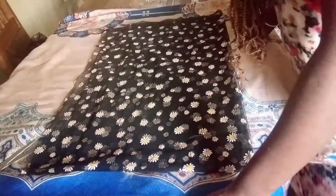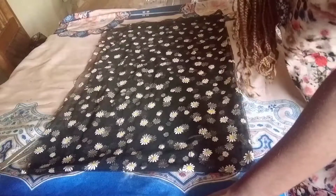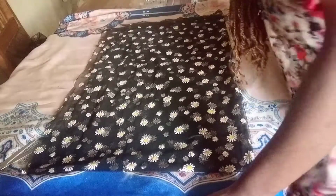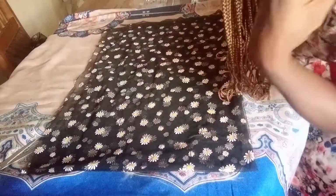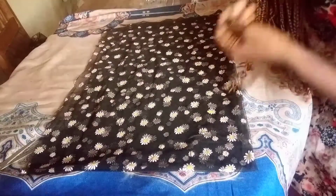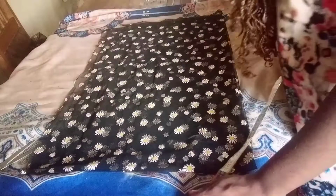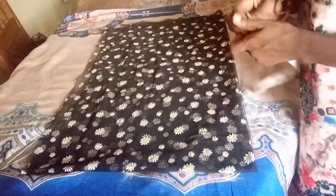Okay, so when you want to cut your puff sleeve, it depends on how big you want the puff to be. If you want it very big, you can multiply your sleeve measurement by 3 and you mark out, or you multiply by 2 if you don't want it that big. And if you just want a little gather at just the center part of your sleeve, you can just go ahead and add some inches to your sleeve measurement. So as you can see from the picture, our sleeve is not having much puff like that. It's almost like looking straight. So we'll be adding few